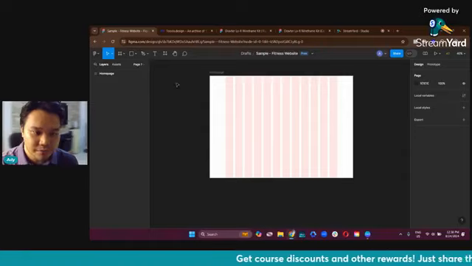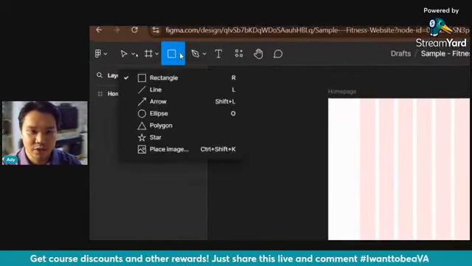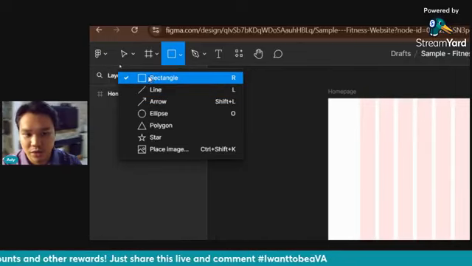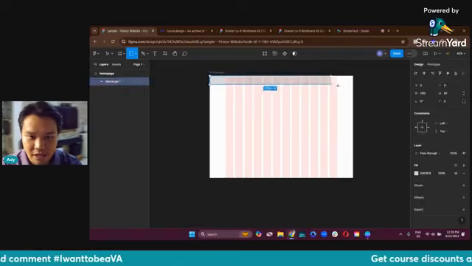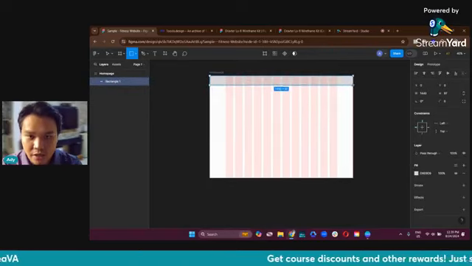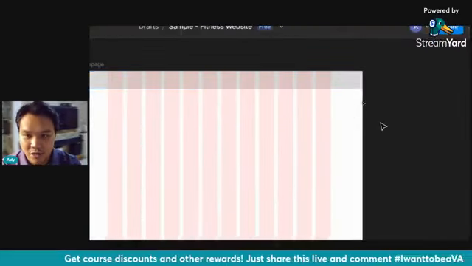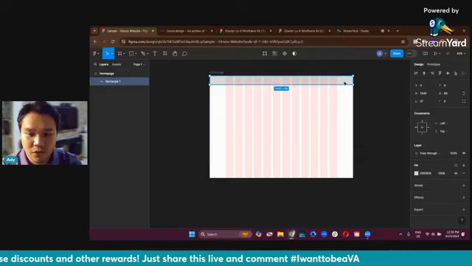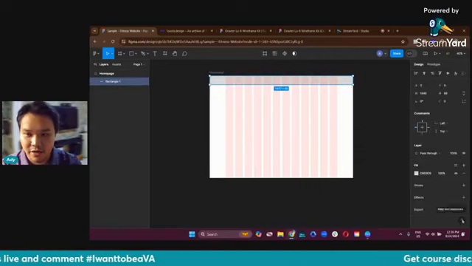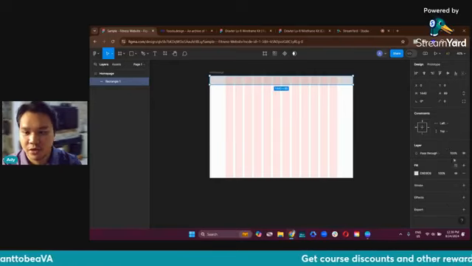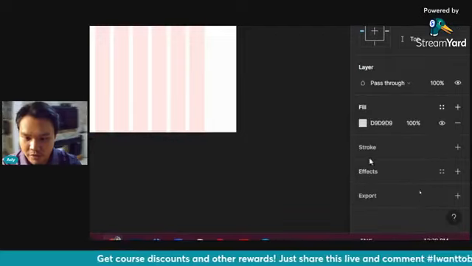So the first one that I always do is make the menu section. So when it comes to the menu section, just do the rectangle shape here, and then click and drag here on the top. If you click and drag that, you can see that we now have a shape. But if you want to change the color, the settings will all be here on the right side of the editor that we have. The right side will have fill, stroke, effects, and